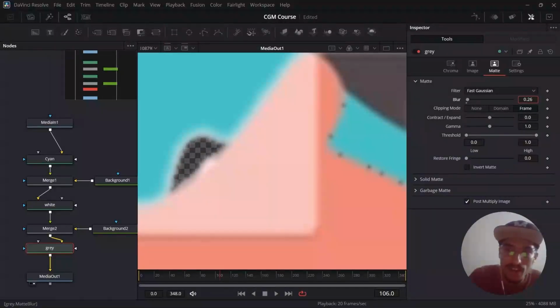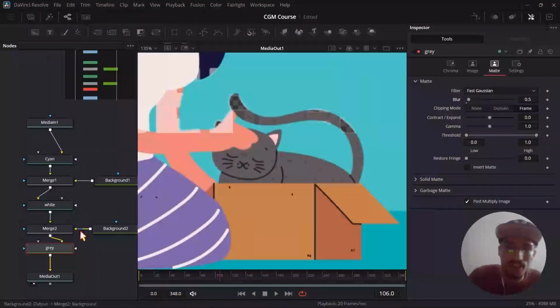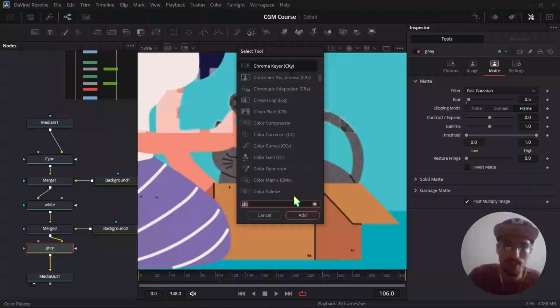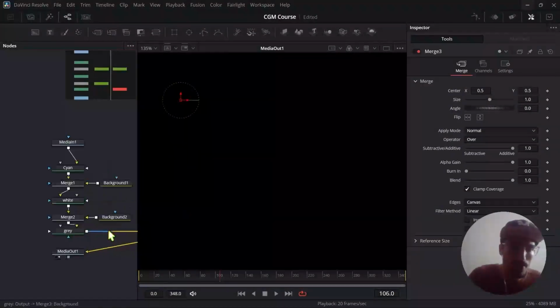I think just like that. If you got more artifacts, you can blur stronger. So for me, this value is enough. And let's just repeat what we have done. Then the merge,